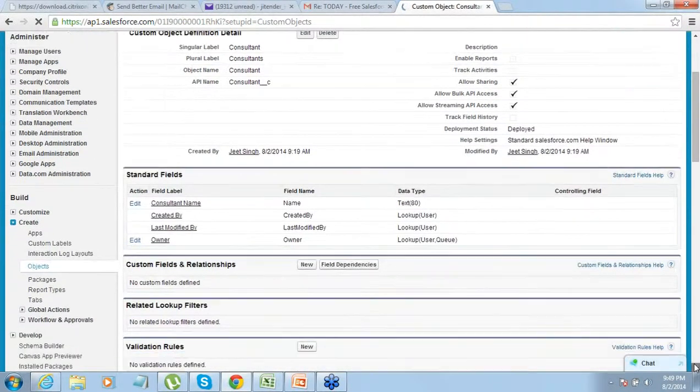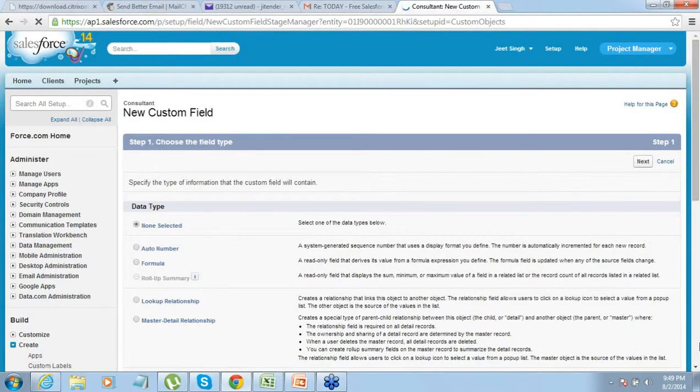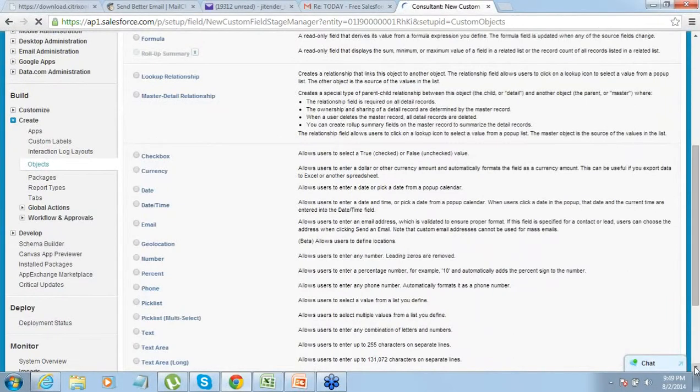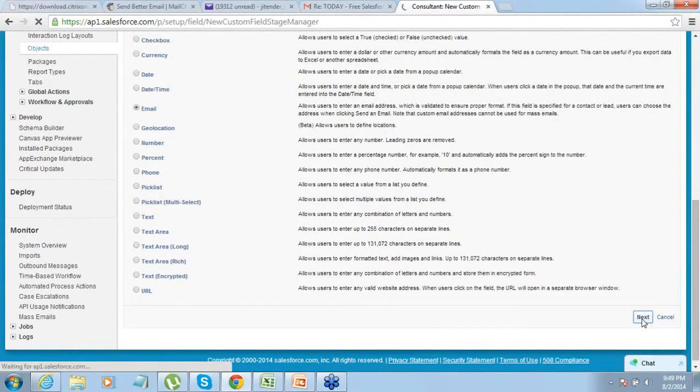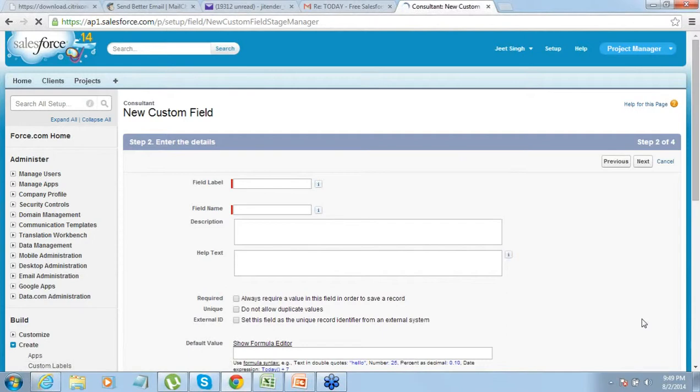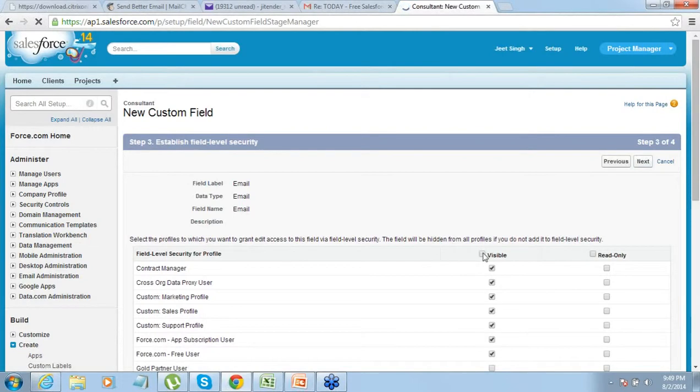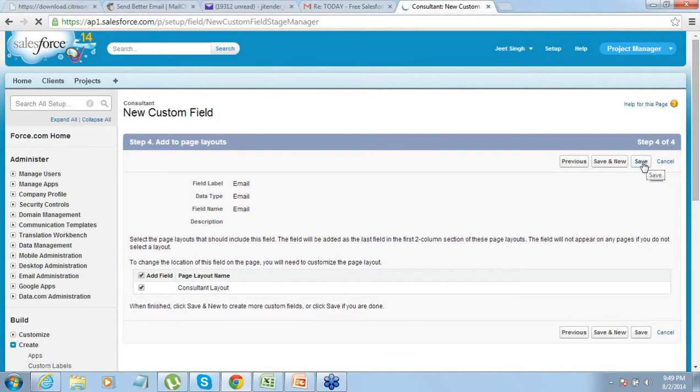In the consultant, let's say you want to add one more field called email ID of the consultant. So the field type should be email. So while you're creating the field, just go through this thoroughly, see what all field types are available here. That's a good habit. So email field is already available. If email field was not there, then we could have taken text, but email field option is available. So we don't have to do anything. We just have to give a label and a name for the email field. Next, make it visible. Click on next. Save.